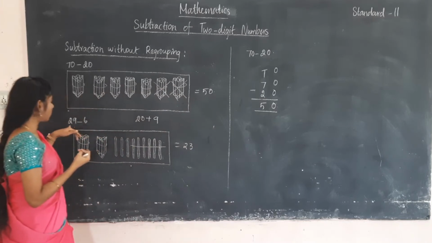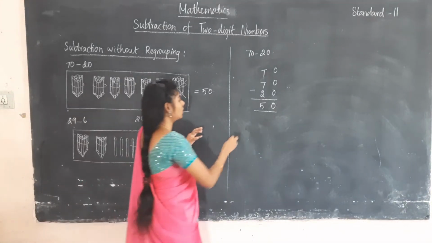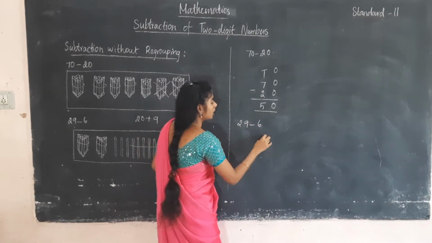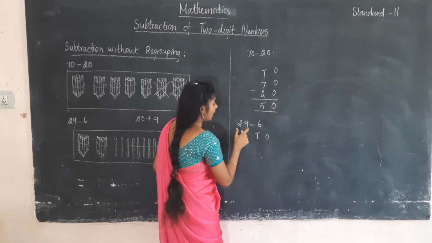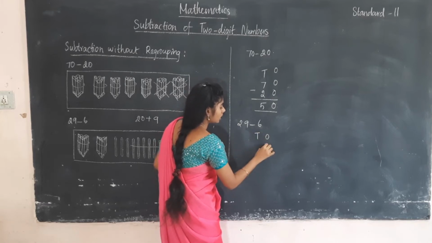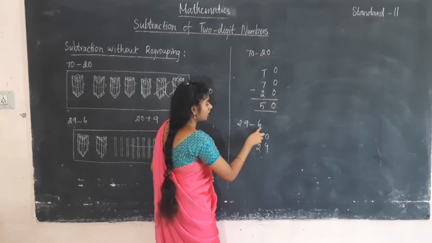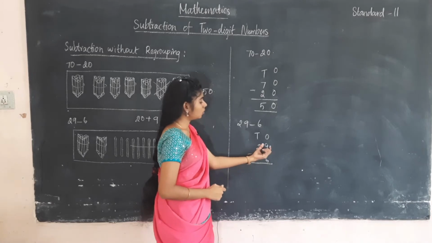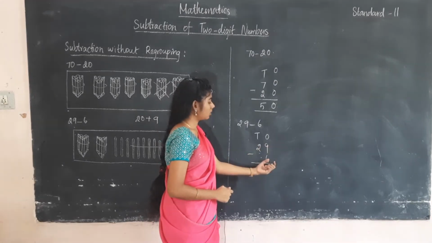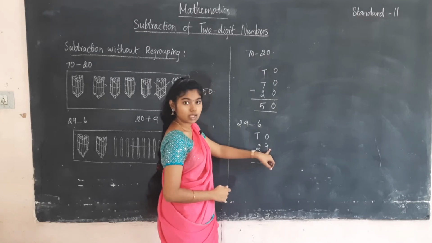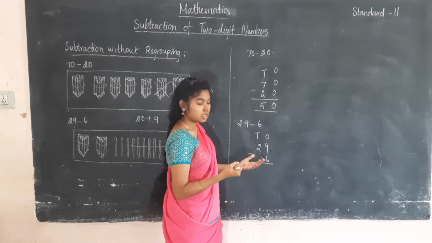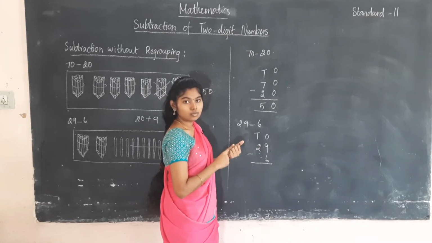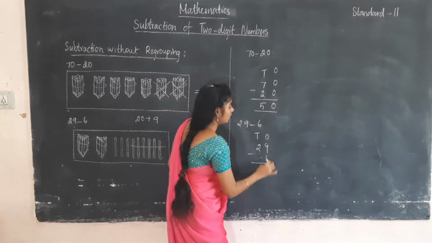The next problem is 29 minus 6. We are going to take this number 29 minus 6. Here also we are going to do the same thing. Write the places: ones, tens. And fill in the numbers here. 9 in the ones place and 2 in the tens place, and then write the number 6 in the ones place. Now we are going to subtract the numbers. What do you have to do first? We have to subtract in the ones place. What is given here? 9. So take 9 in the mind and 6 in the fingers. Say the numbers before 9: 8, 7, 6, 5, 4, 3. Now write the number 3 in the ones place.